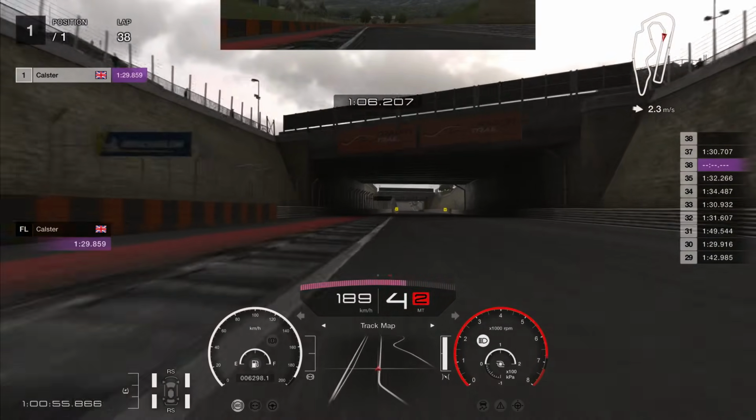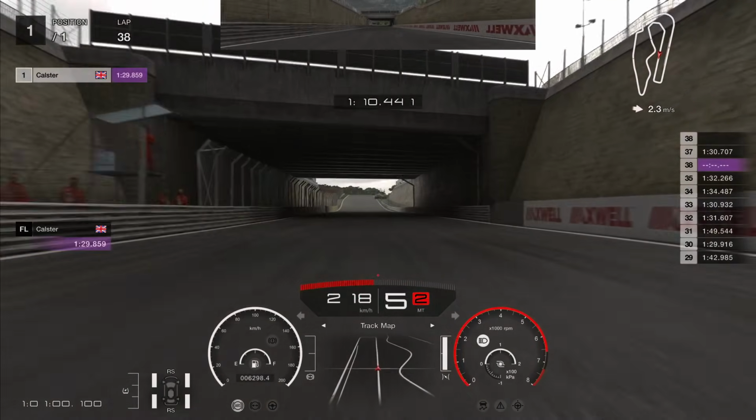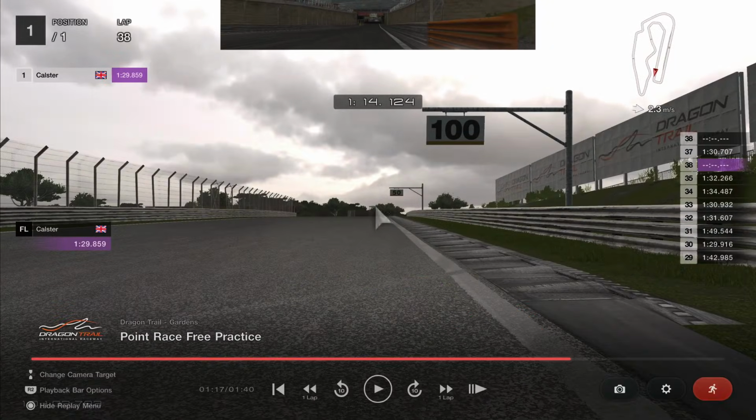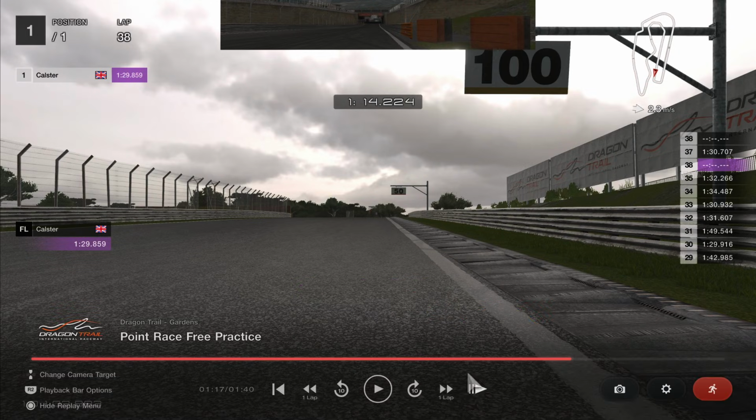Obviously try to clip the inside curbs, but as long as you don't stay too wide, it doesn't really matter. This last corner here, I believe I'm braking on this 100 board basically. Again, I'm braking in a straight line, and you're kind of doing it like a V shape, but